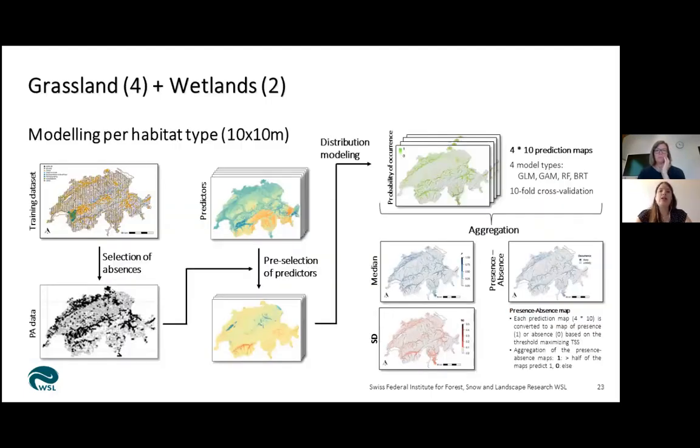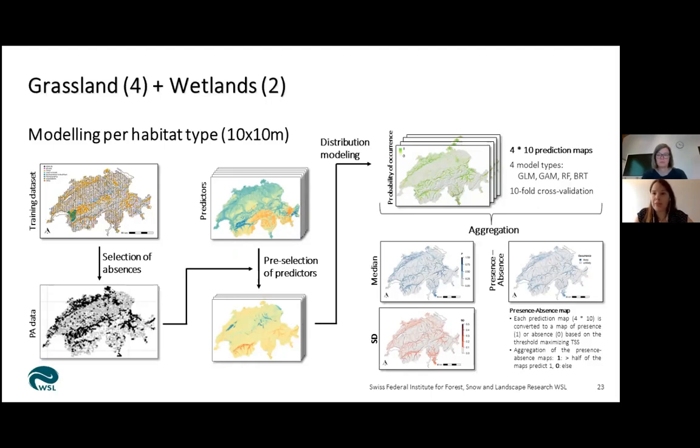Next. Then we first modeled each habitat type individually, and here you just have the overview of this routine. First, we selected the presences for each habitat type and a set of absences from the training data set. Then we pre-selected the predictors for each habitat type because we had quite a large set of predictors, to include the most relevant predictors for each habitat type